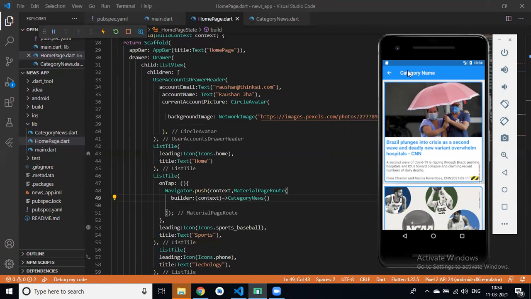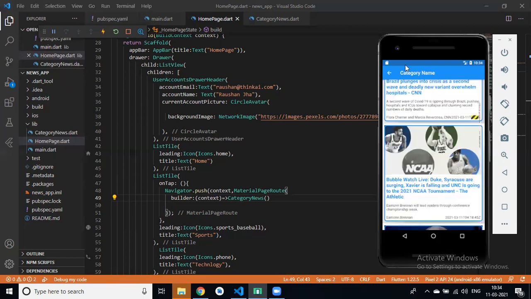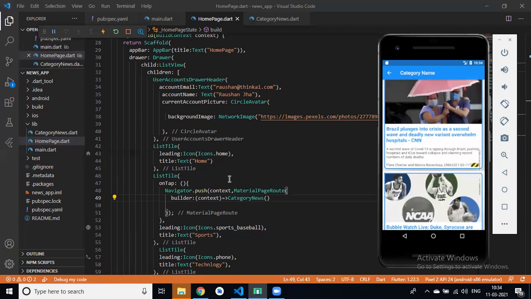On the basis of the category name, this news will load. Like if I click on sports, then all the sports news will come. If I click on technology, then all the technology related news will come on this page. And our category name should change, like sports, technology.